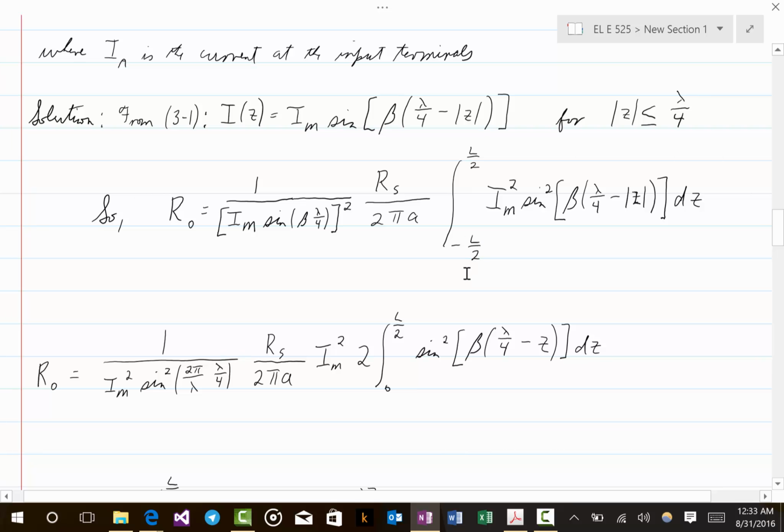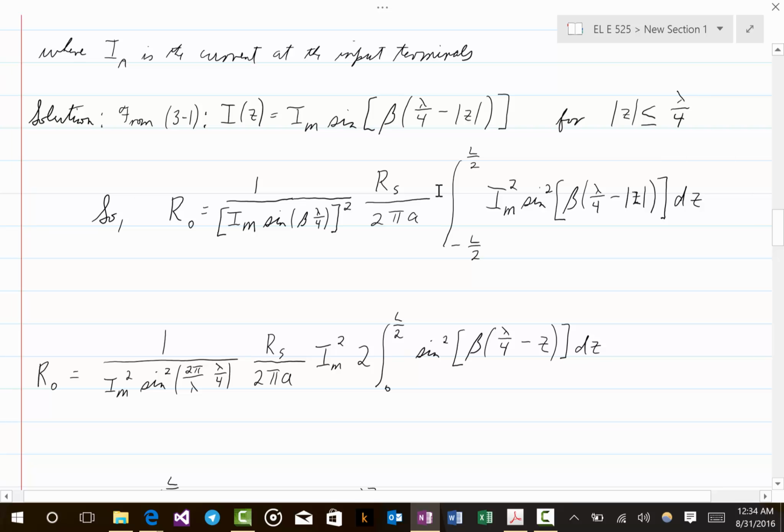This is a symmetric domain, and this is important. You have to have not only a function that's even, this is called an even function, so it is even about z equals 0, or symmetric about z equals 0, whichever you wish to say. But we also, for this trick to work, it has to be symmetric limits. And the limits are indeed symmetric. So what we can do is change the lower limit to 0 and then put a